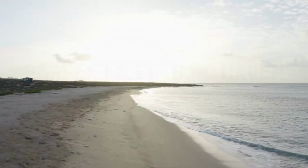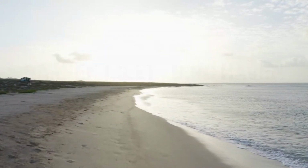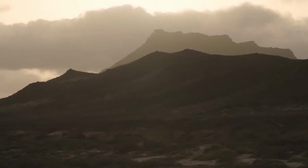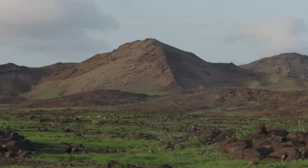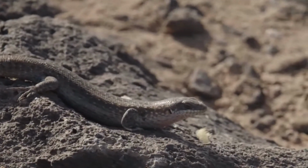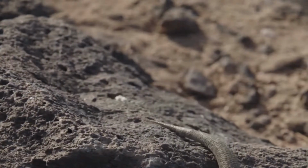Cape Verde. It may be famous in the minds of tourists for its white beaches and blue seas. However, Cape Verde has a wild side that often goes unnoticed. Its deserted volcanic islands contain a surprising variety of life. Consider Razo,